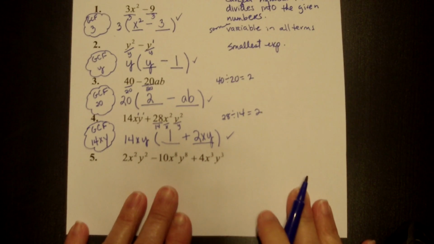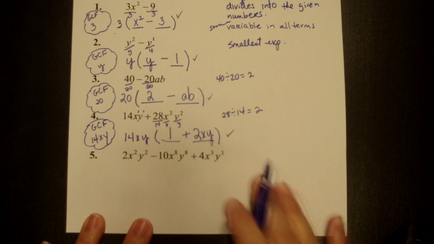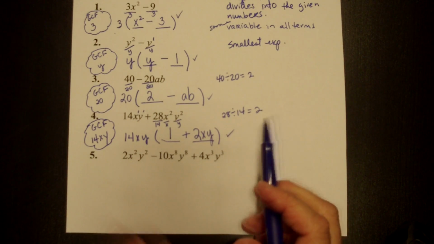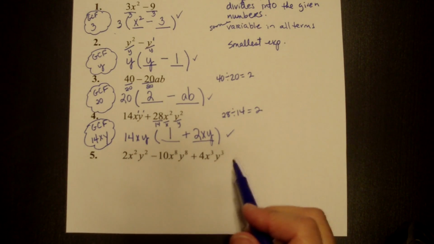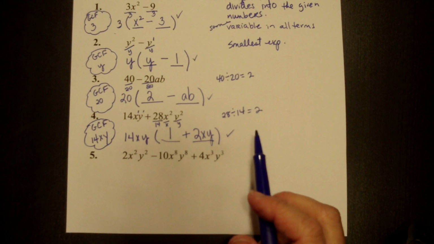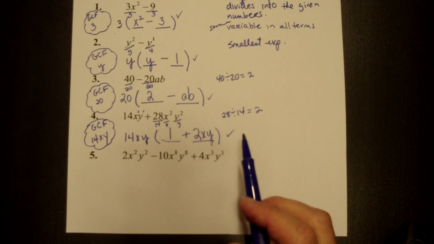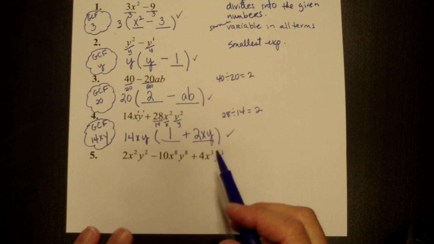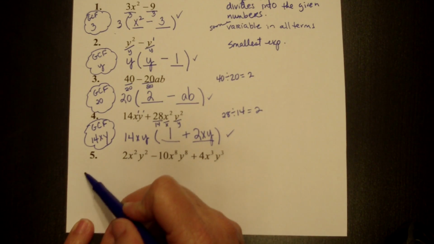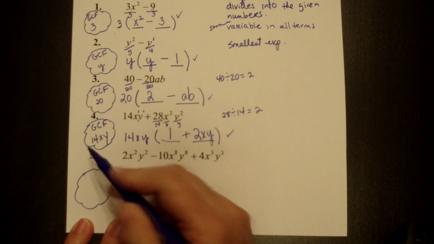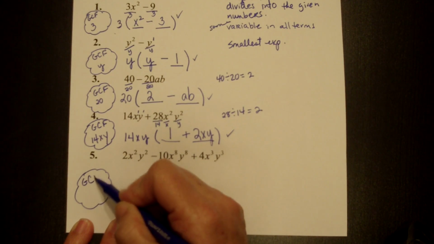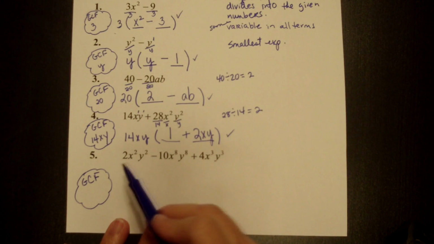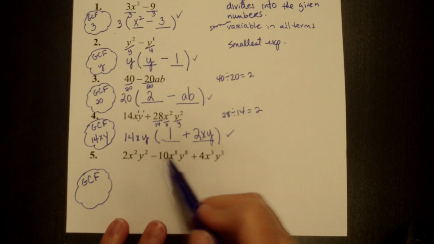All right, one more for this 5-minute check. All right, for this one, it looks like it changed up just a little bit. We have 3 terms this time instead of just 2. So this time, the only part that's going to change is the number of blanks. Okay? All right, so keep that in mind. And we're going to get the greatest common factor. Okay, so the greatest common factor here, remember you take your small number and see if it goes into the